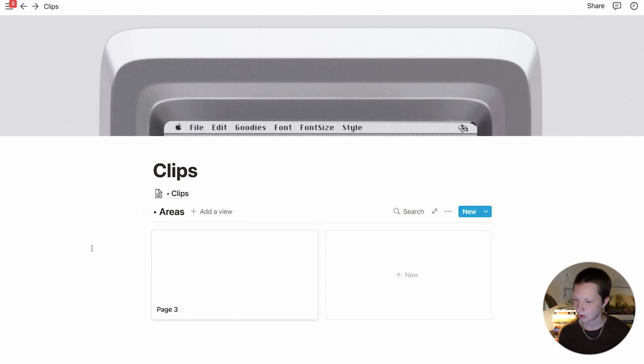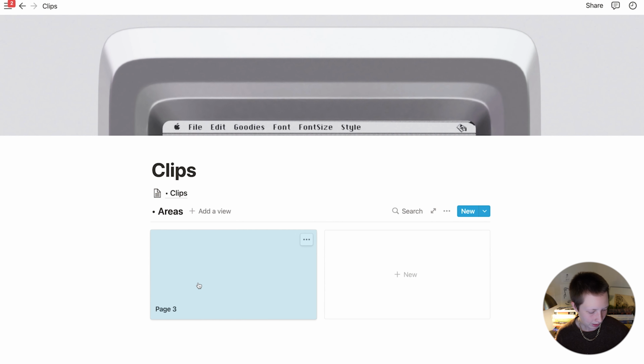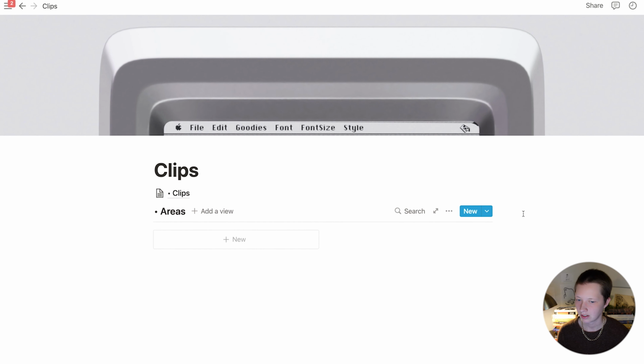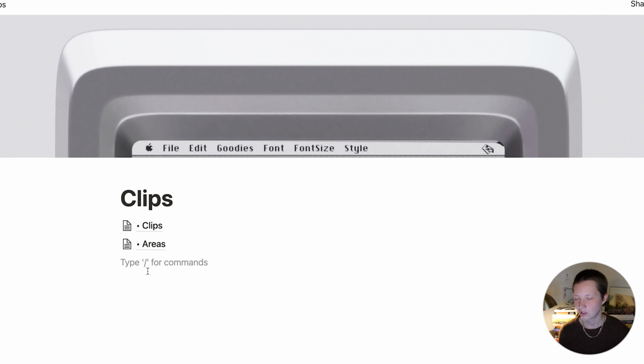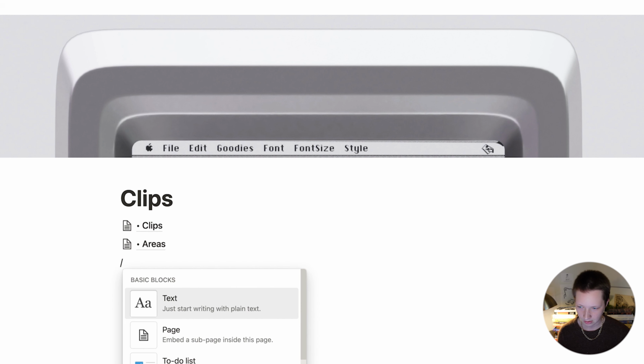Back to the home page. So now that we have that one connection to areas, that's all we really need. Let's turn areas into a page as well. And then create just an example of a task management database, which we're also going to connect to clips. So /, let's actually create a page right away. Page. So when you create a new page in Notion, it's going to send you right to the page. And what I can do here, maybe call this projects,